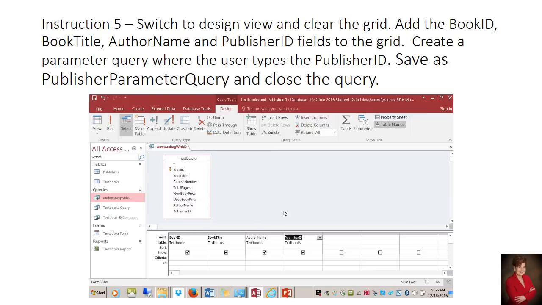We are going to create what is called a parameter query. A parameter query is where the user types the criteria when the query is run. So we're looking for all publishers as a parameter. So we're going to go to Publisher ID and click under Criteria. Type square bracket, enter